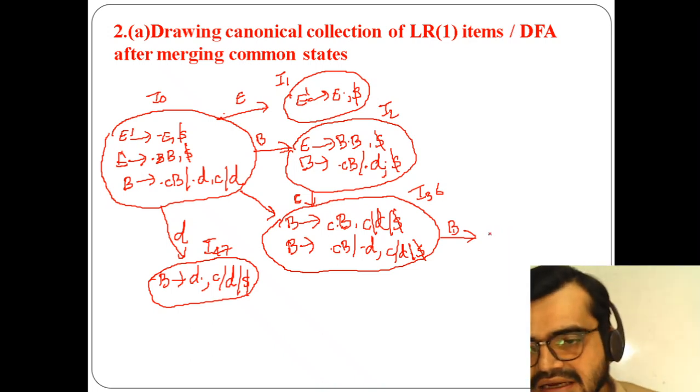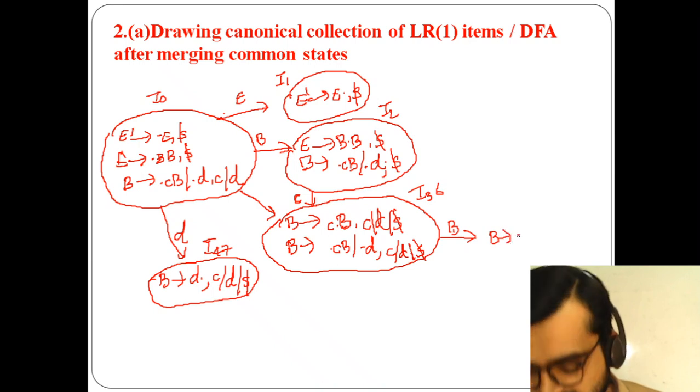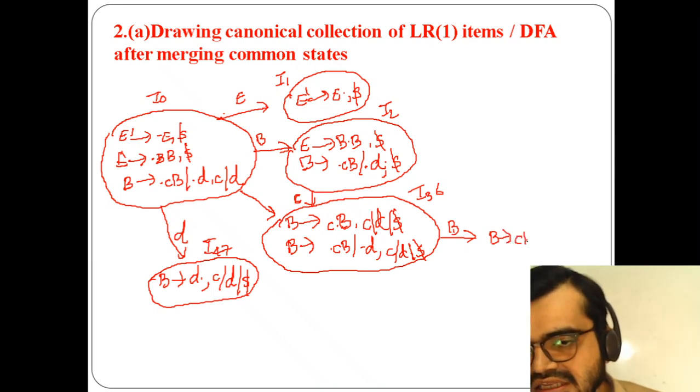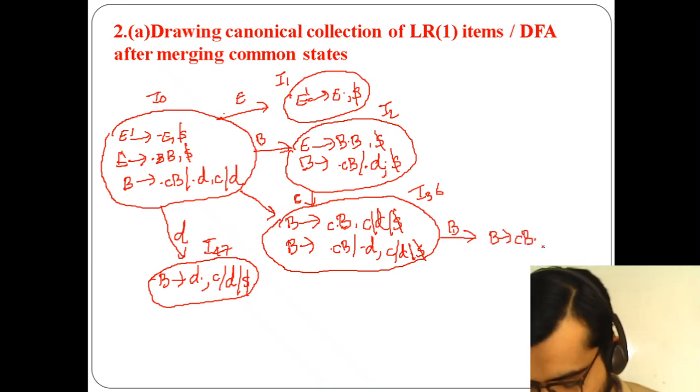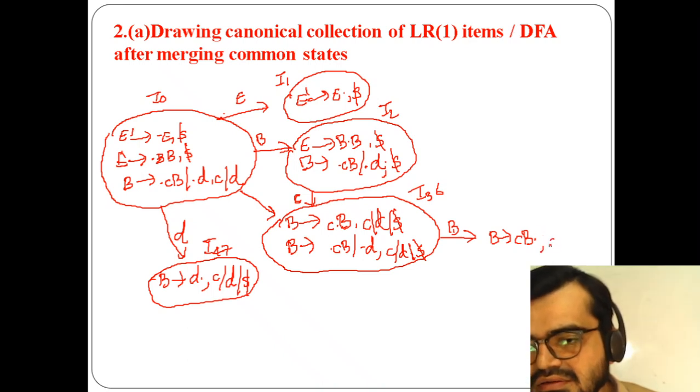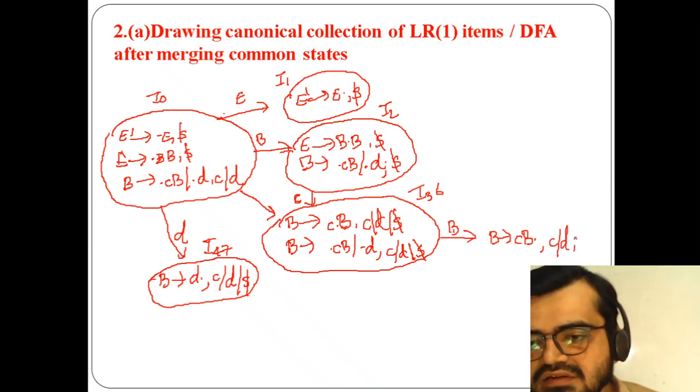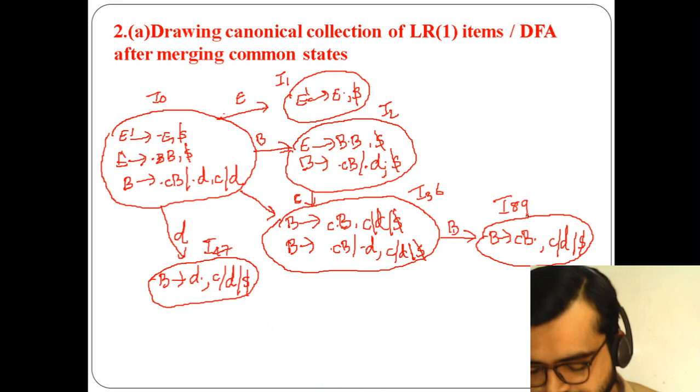Because I8 and I9 have the same state, what is that, CB dot, okay, and since it is a merged state, I have to use all the lookahead symbols, 3 lookahead symbols here. For that purpose I'm writing I89.